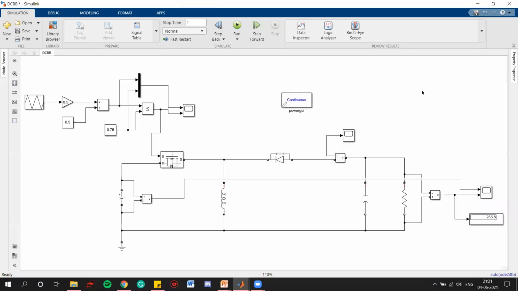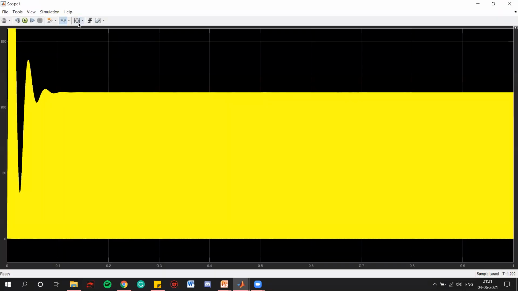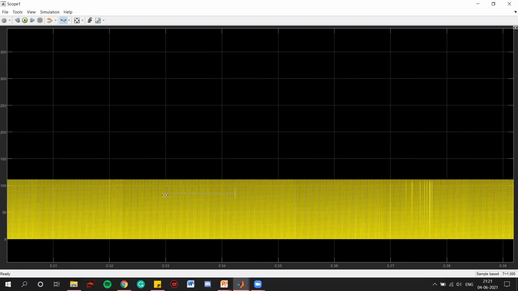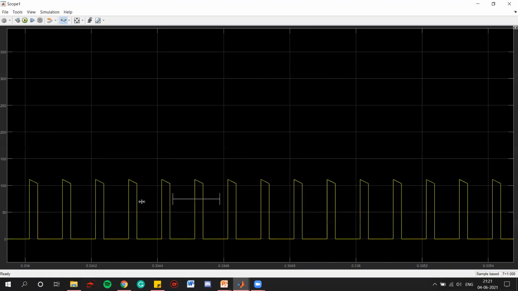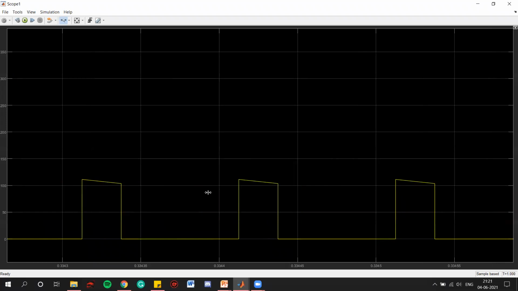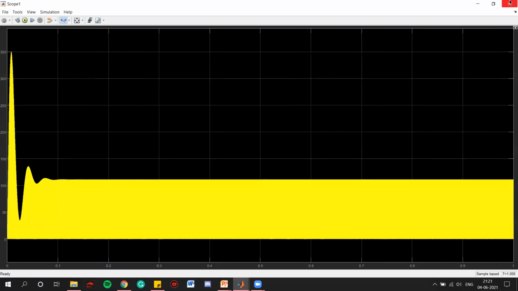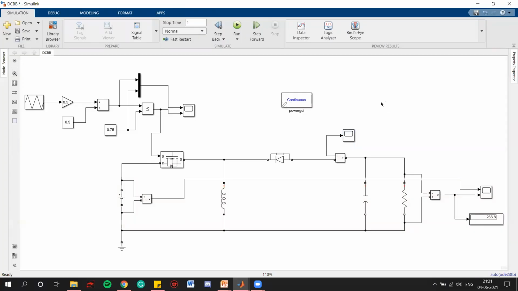In this manner, we can simulate a buck and boost converter using a single circuit just by controlling the triggering pulses, that is, just by controlling the duty cycle, right? Let's see the current for this. The magnitude will change, but the nature of the pulses will be the same, right?